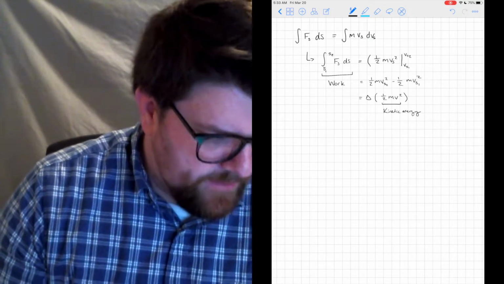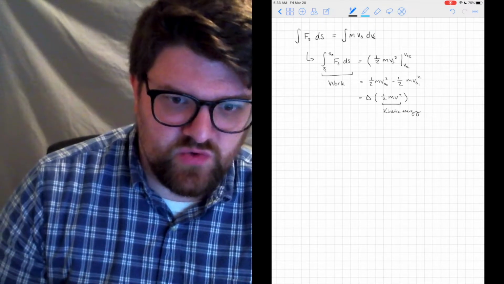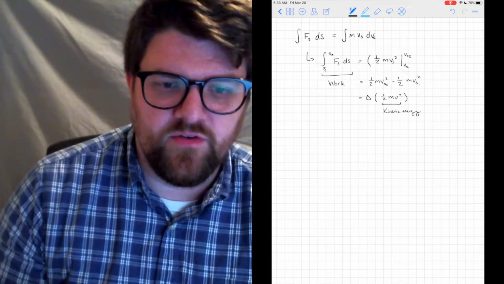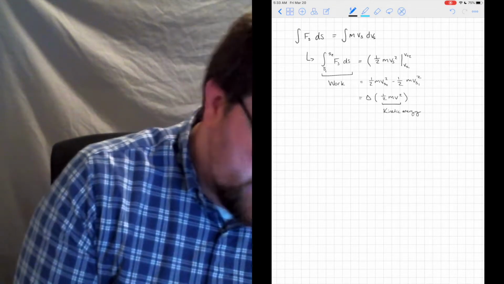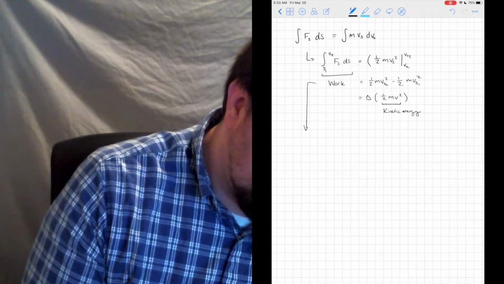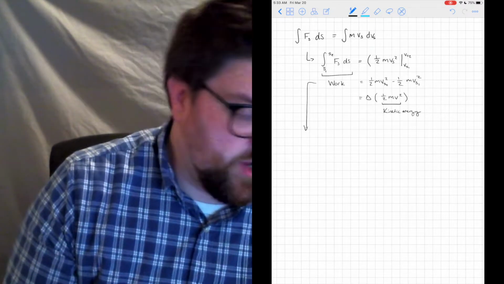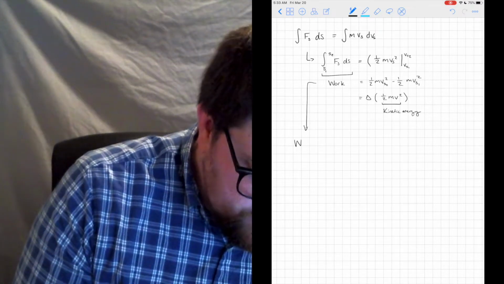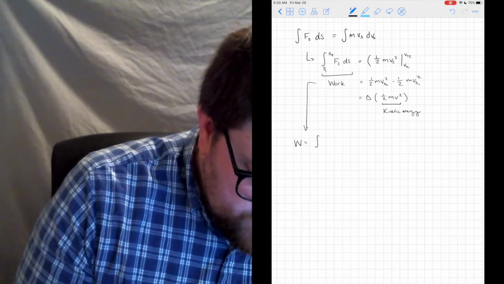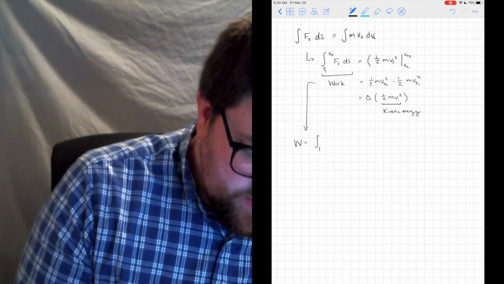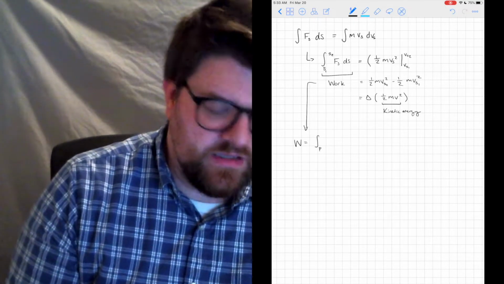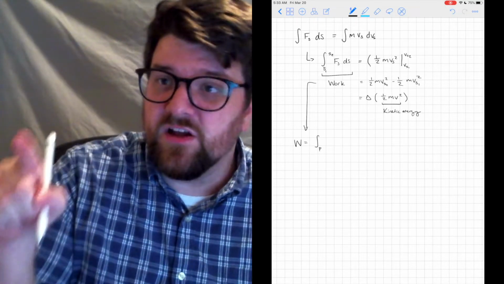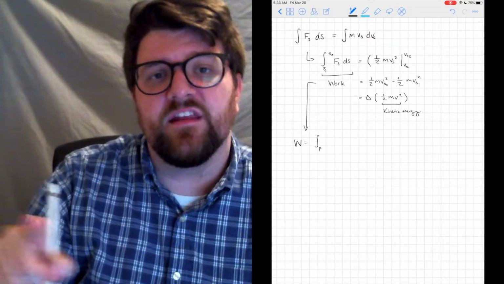So I need to talk about the directional aspect of my force versus how I'm moving. And the best way that we can do that is to employ the dot product. So I can best write work as equal to the path integral. You can write this a couple different ways. I'm just going to write it as a little p at the bottom. But basically all I'm saying is I'm going along a path, and I need to